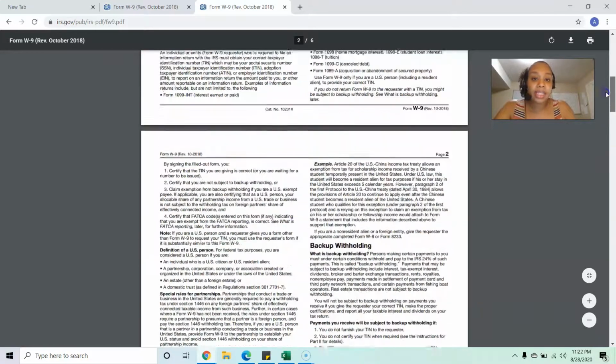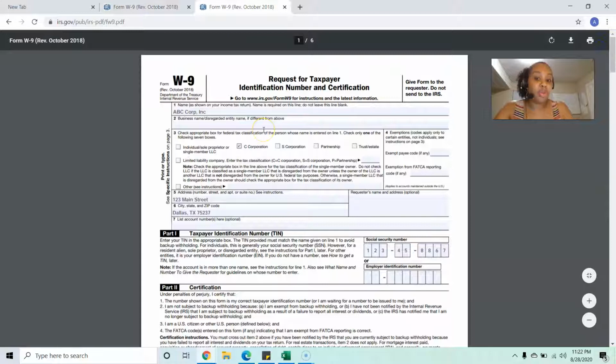So that means for a C corp, if you have a corporation, you can put your corporate name. This can be left blank because it's not different from what's above, okay? Make sure that the C corporation box is checked, or if it's an S corp, make sure it's checked. Also, if it's a partnership, make sure it's checked, okay? So your personal name doesn't go in these boxes right here, all right? And if you go down here